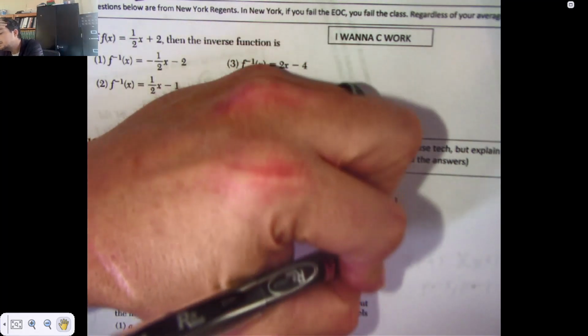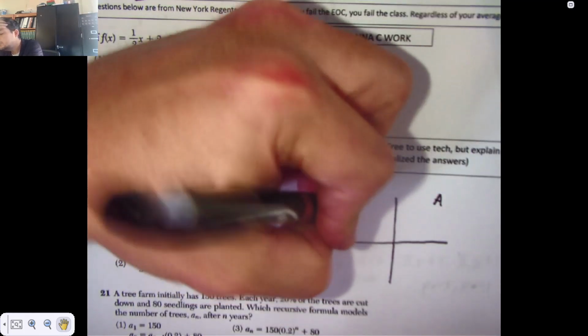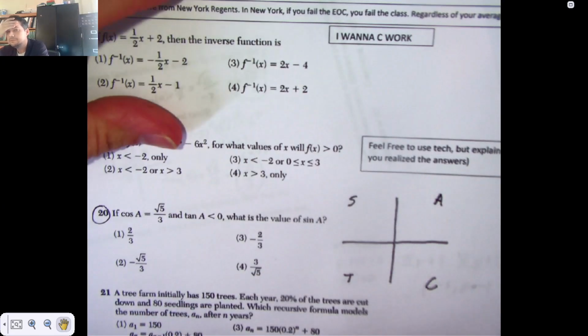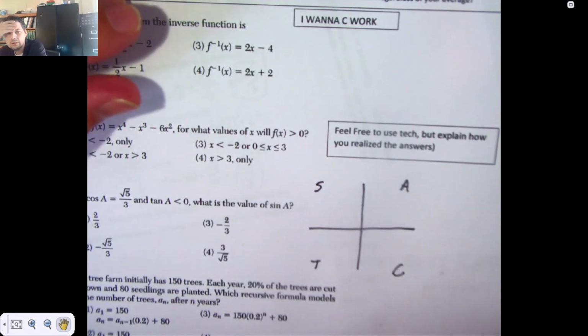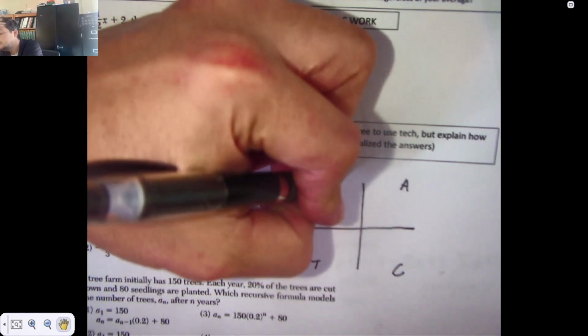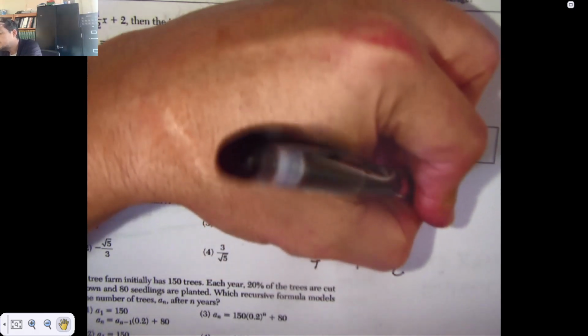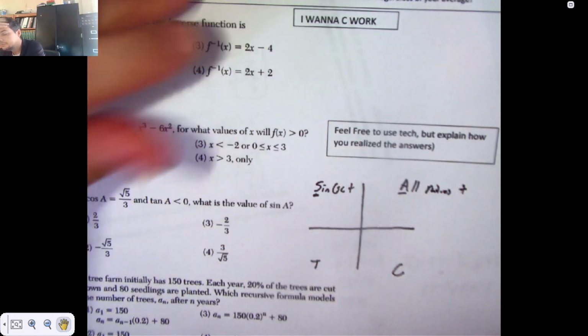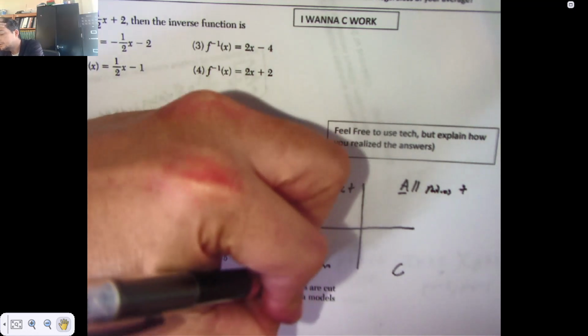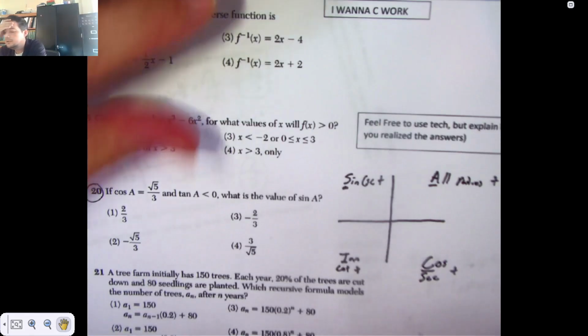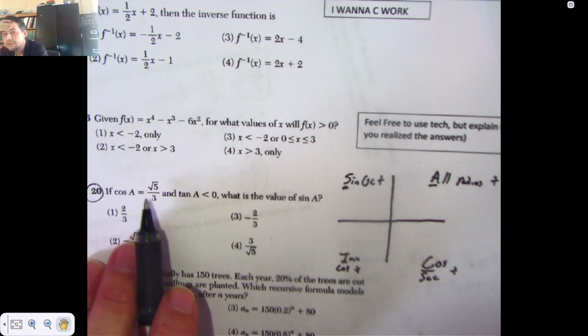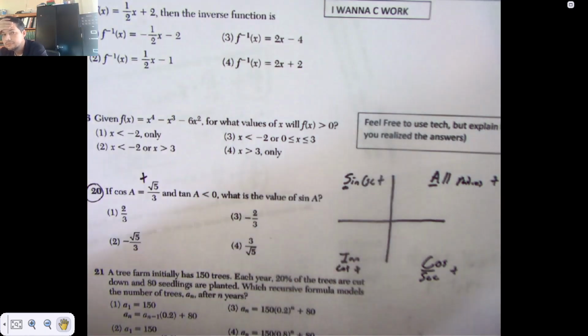I will be teaching you an acronym pretty soon, and it goes like this. All schools torture children. Sine and cosecant are positive. All ratios are positive. Tangent and cotangent are positive. Cosine and secant are positive. So, I am told right here that the cosine of alpha is positive. Cosine,